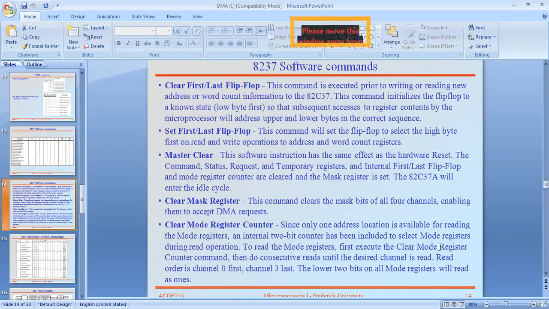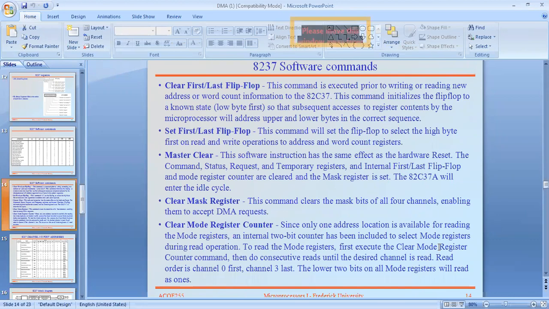What are the asynchronous inputs of the flip flop? This is the most frequently asked question in any competitive examination or interview. The set and clear inputs are treated as the asynchronous inputs of a flip flop.